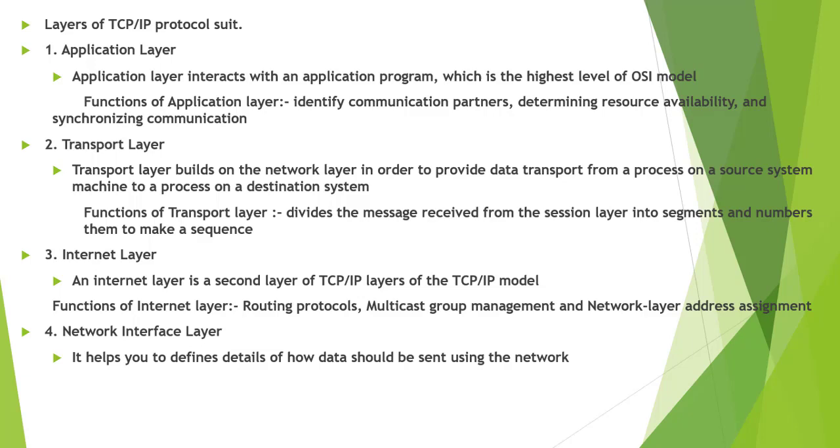The second layer is the transport layer. The transport layer builds on the network layer in order to provide data transport from a process on the source system machine to a process on the destination system. It is hosted using single or multiple networks and also maintains the quality of service functions. Some of the important functions of the transport layer: